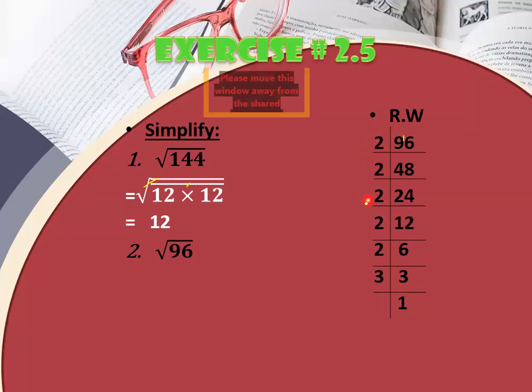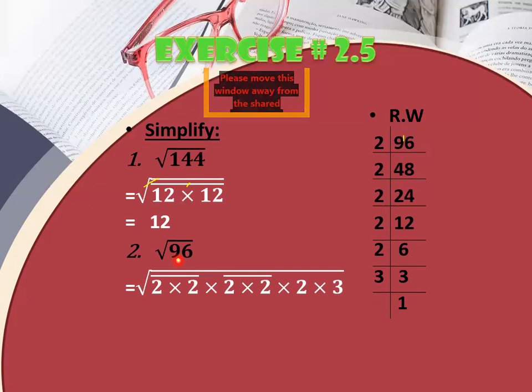So basically these are the factors of 96, and why we are breaking 96 down, because we are going to find the square root of 96. So to find the square root of 96, we have to simply break it down into its factors. So these are the factors of 96, and as you can see here, I have made the pairs of 2 and 2. Two same numbers. Okay, why I'm making the pairs? Because I have to find the square root, so I make pairs. Okay, so as you can see here, this will be cancelled with this one, this will be cancelled with this one.